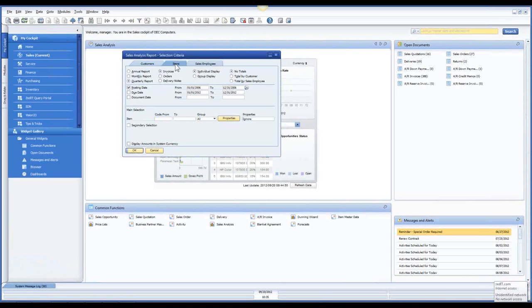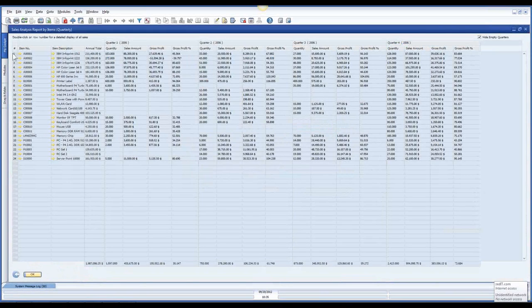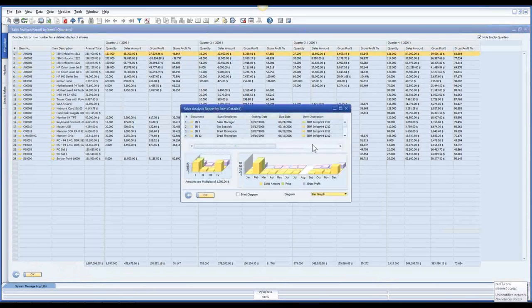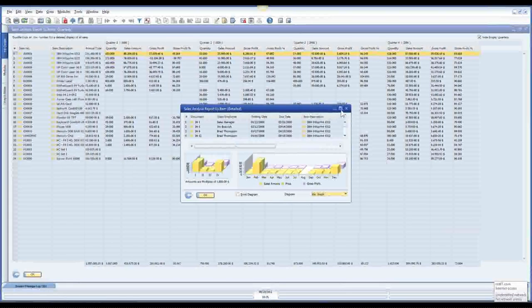I can do that same type of report basically at the item level, right? So I can really look at the detail of an item and look at then all of the transactions